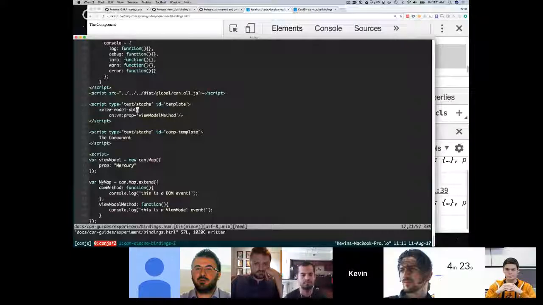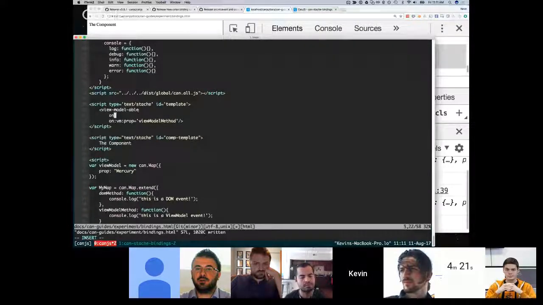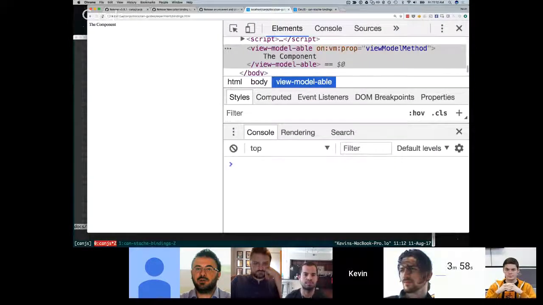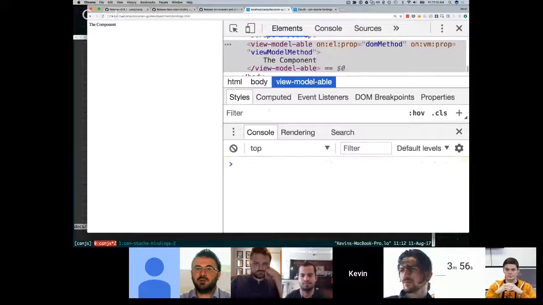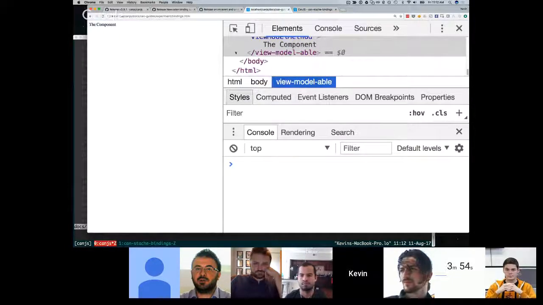And we can also bind on the element directly. If you bind on both a DOM event and a view model event of the same name, or if you just want your bindings to be more explicit so they're easier for other developers to read and understand what you're binding on, you can do that. So now if I click on this again,